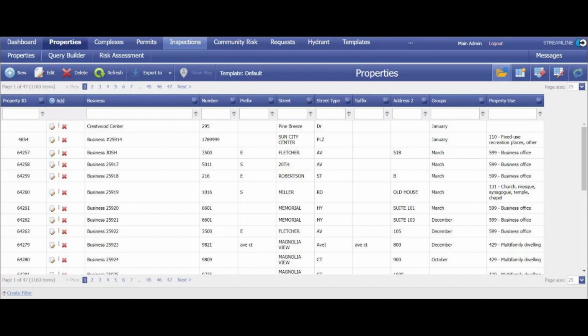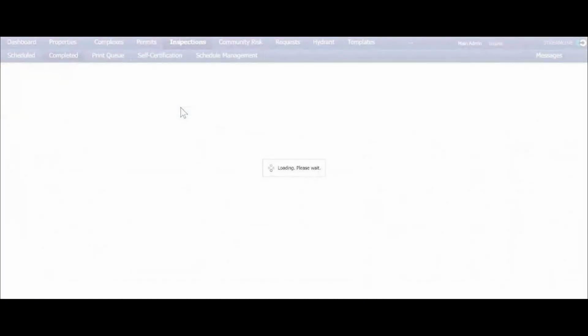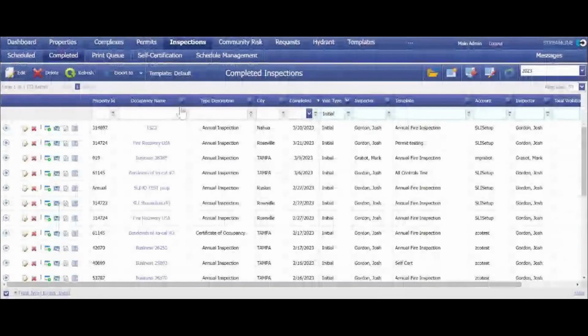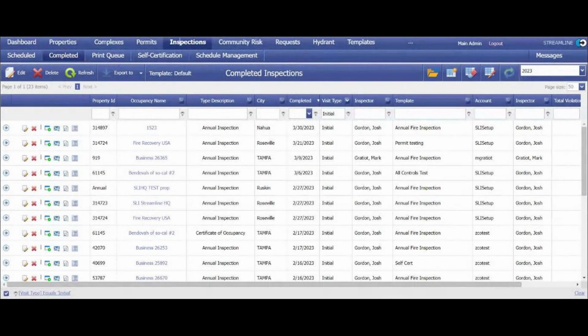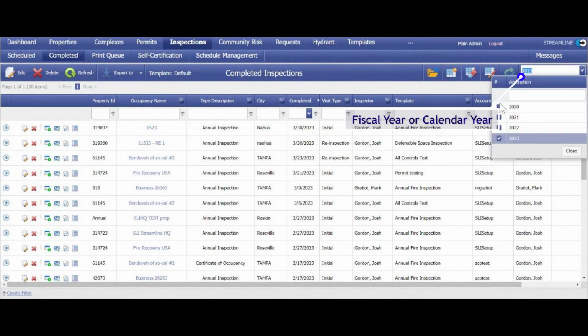So the first option and approach to that data is simply going to the inspections and completed tab. That will give us a list of inspections that were completed, in this case, for a fiscal year. And we can filter those down here for additional items. So if I hop into here and I run this for fiscal year 22, which would be last year,